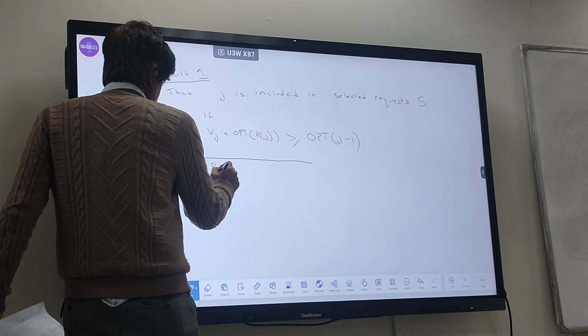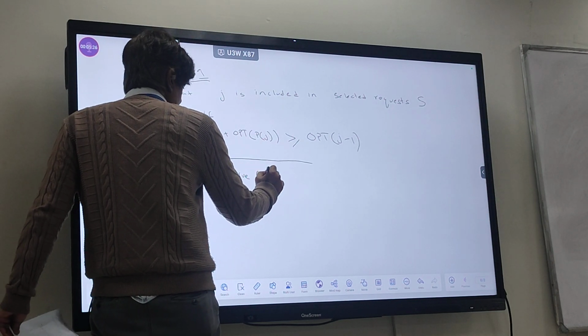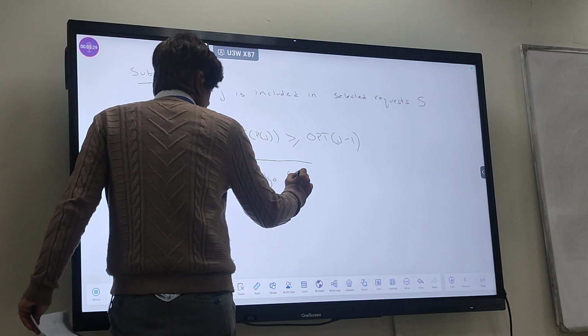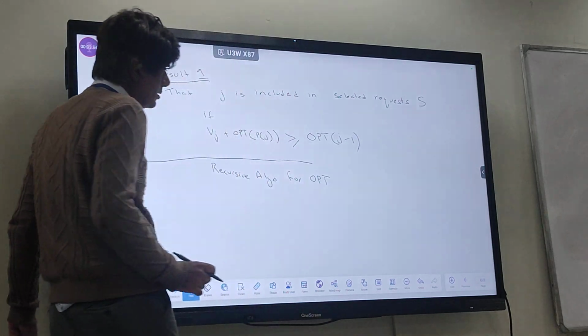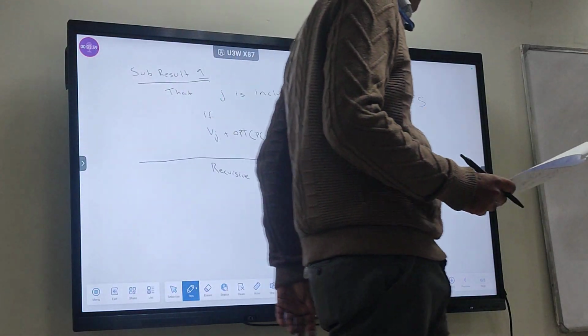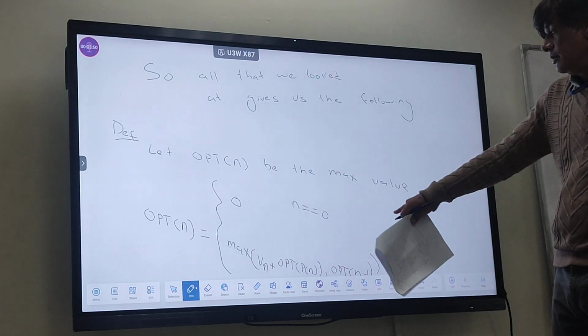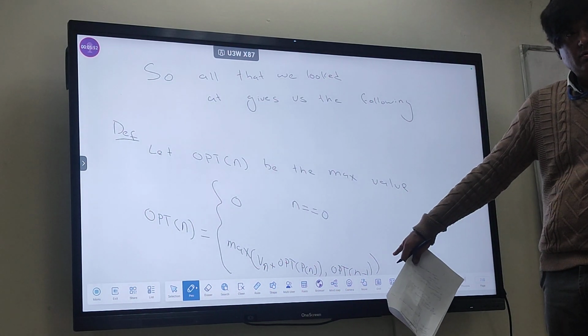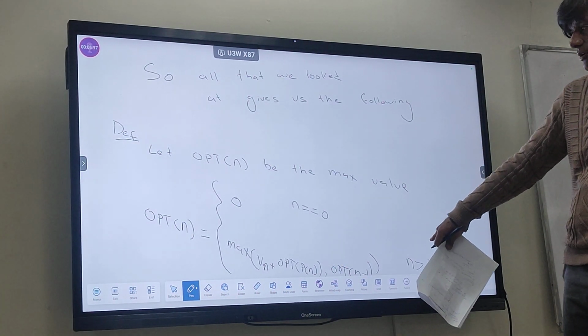So for now, let's write a recursive algorithm for opt. Can you please do it? Look at this equation. All you need to do is translate this equation into a recursive algorithm.